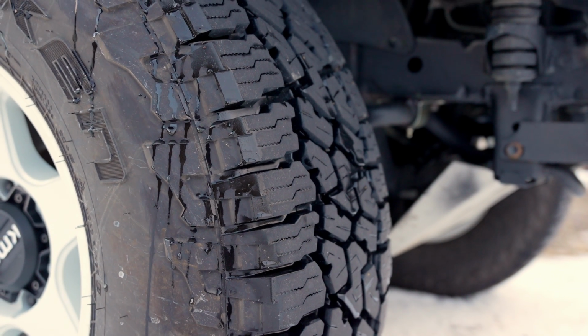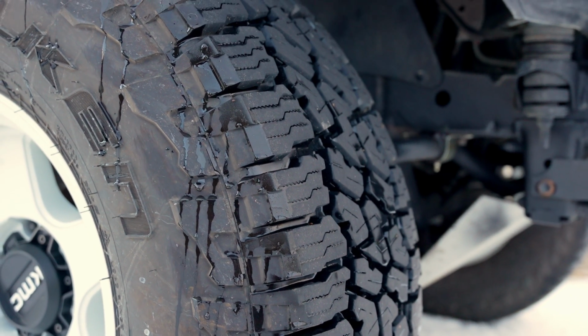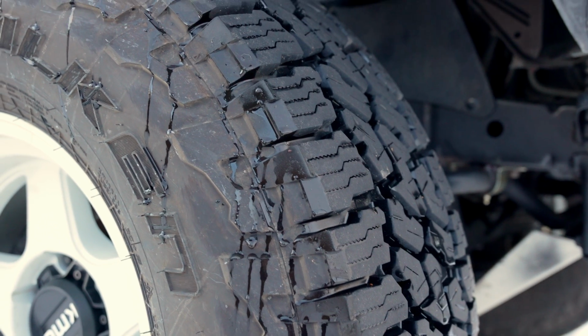But with the Wildpeaks, their wet weather performance, I don't know if it's from the siping, what it is, but considerably better. This is one of the areas that I really wanted a tire to improve in, and when I've had the Wildpeaks, the wet weather performance has been better. The rain has been adequately siped out of there. I'm not having those pockets where I'm hydroplaning and leaving the ground. Quite a bit better. There are still moments in that wet weather where I'm getting a little bit of movement that I'd like to have nailed down, but I do have quite a heavy truck,